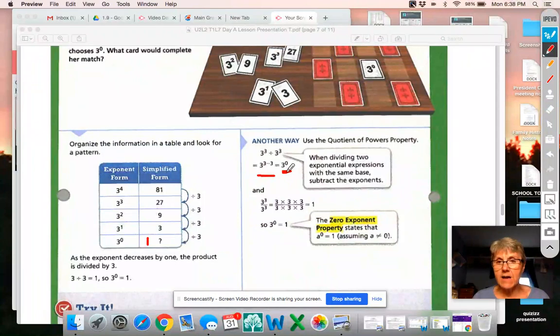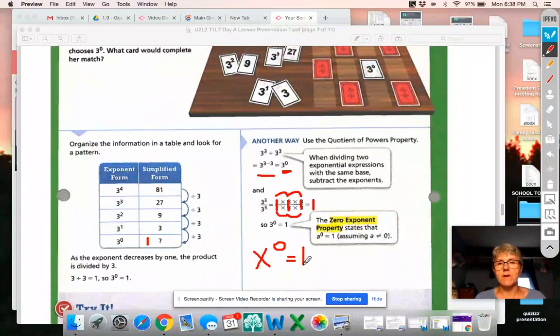And at the same time, 3 to the third power is the same as 3 times 3 times 3, and it's divided by 3 to the third power, 3 times 3 times 3. And if you cancel, 3 divided by 3 is 1, 3 divided by 3 is 1, 3 divided by 3 is 1, and 1 times 1 times 1 equals 1. So again, the zero exponent property says any number x raised to the 0 power